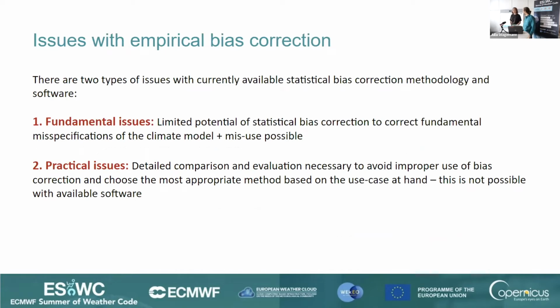So that all sounds really nice and really useful, and we've motivated it now and so on. But there's a number of issues with this type of bias correction that we grouped into two categories: fundamental issues and sort of more practical issues that I'll go into because it really motivated what we did in this package. By fundamental issues, we mean really just limitations of this empirical bias correction after already having a finished climate model. And by practical issues, we mean more the availability of software to actually compare different methods and evaluate their performance in a rigorous